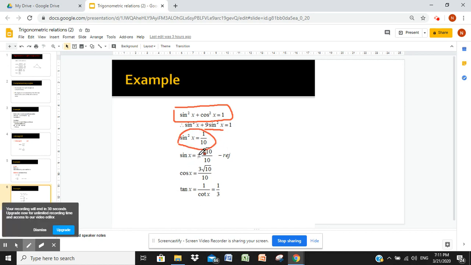So sine x, we take the square root and we rationalize. We get plus or minus radical 10 over 10. We reject the minus because the angles are acute. And since the cosine is 3 times the sine, then cosine x is 3 radical 10 over 10. And we know that the tangent is 1 over the cotangent. And since the cotangent is 3, then the tangent is 1 over